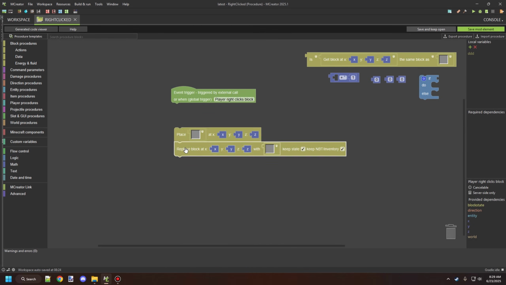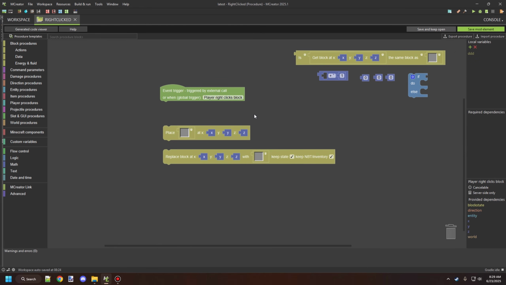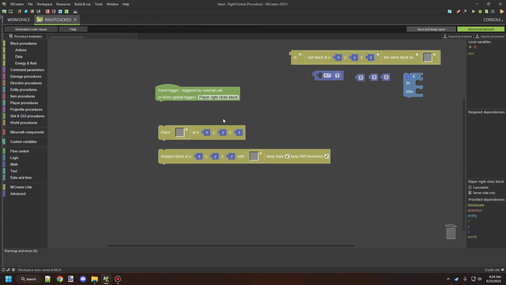Today what we're going to be looking at is ways to add blocks. This is something that we've been building up to for a while, but we needed to get a whole bunch of little components like the X, Y, and Z blocks and the block selector taken care of first. So we'll be looking at two of these blocks, the place block and the replace block at with, and then the keep state and keep